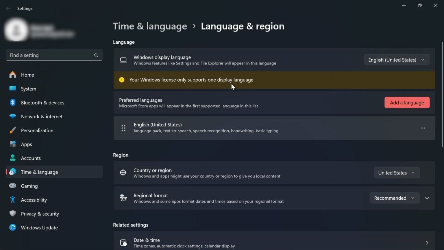Once you see it, you should be redirected to this particular page wherein you have the Windows display language. Now, you can go ahead and change this by clicking this one. Now, in my case though, since I am in Windows Home, you can see that it only supports one language. Now, that being said, I won't be able to add, but if you can, then you can go ahead and